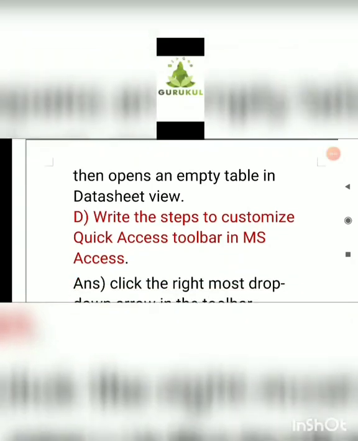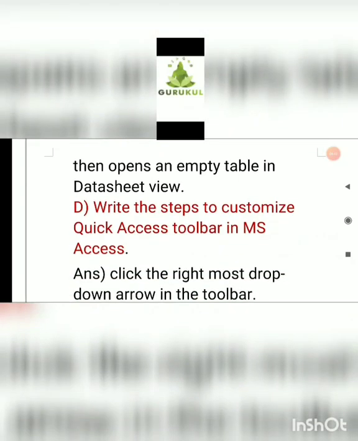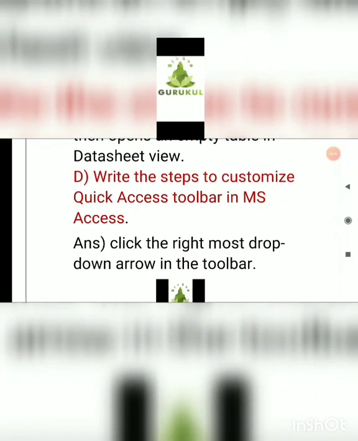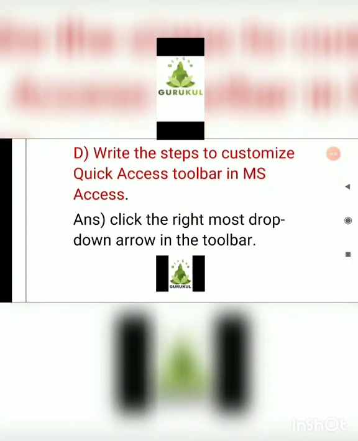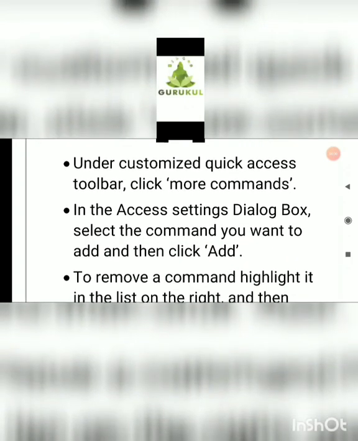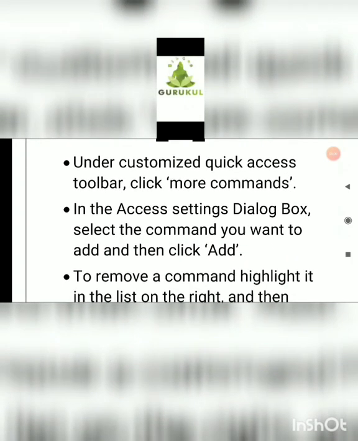Next, write the steps to customize the quick access toolbar in MS Access. What are the steps that you have to follow when you want to customize the quick access toolbar? Click the rightmost drop down arrow in the toolbar. Under Customize Quick Access Toolbar, click on More Commands.